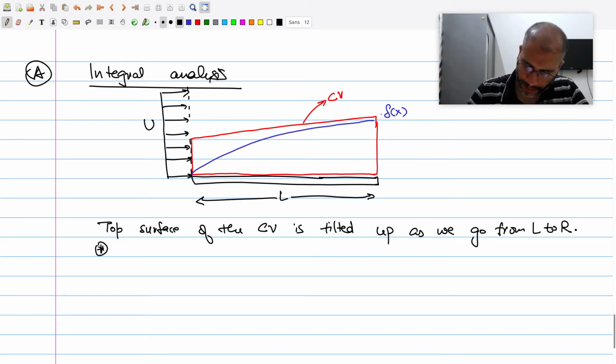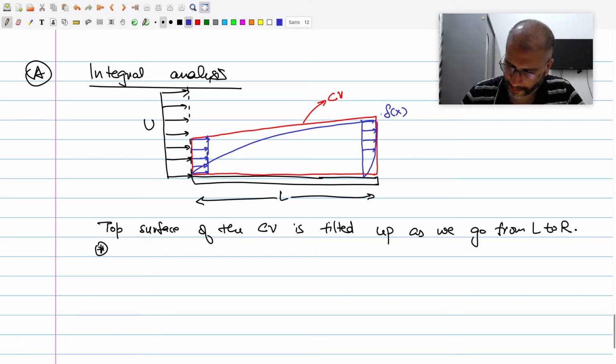Okay, so let's see how the flow profile looks at the entrance. At the entrance, the flow is uniform. The boundary layer thickness is 0, so the flow is uniform. But at this point where the flow is exiting the control volume, if I draw the flow profile, let me draw it just to the left of it. So my flow profile is going to go from 0 to capital U in this distance of x, delta x, or just call it delta.